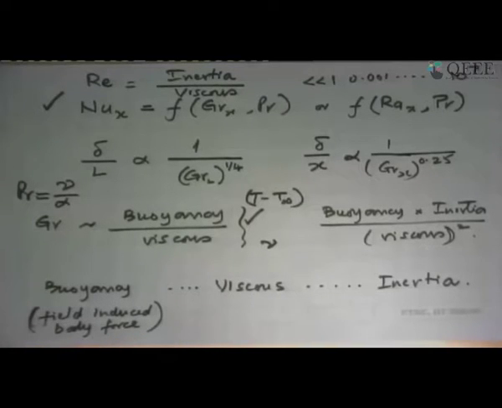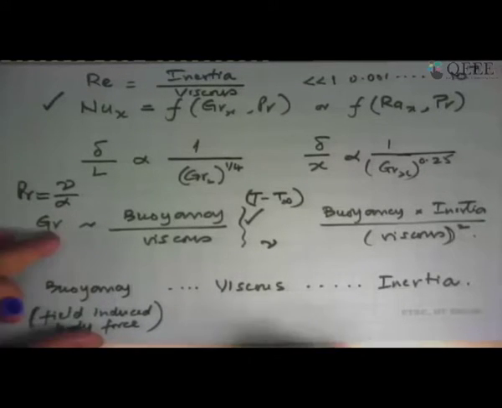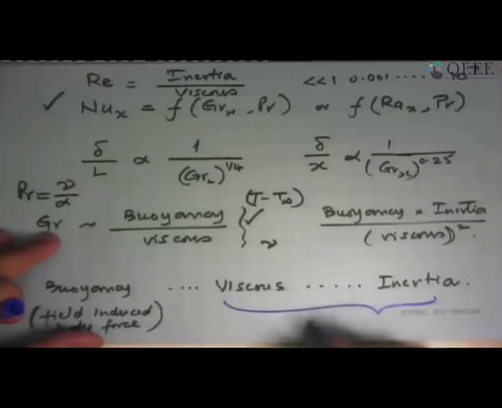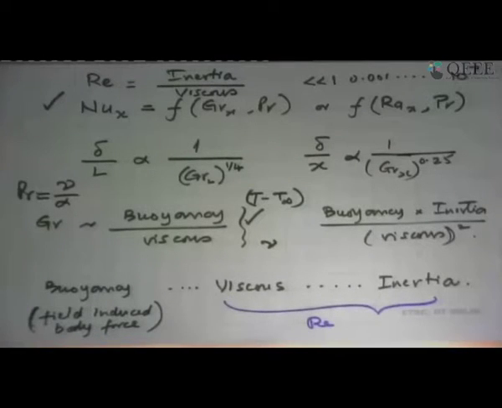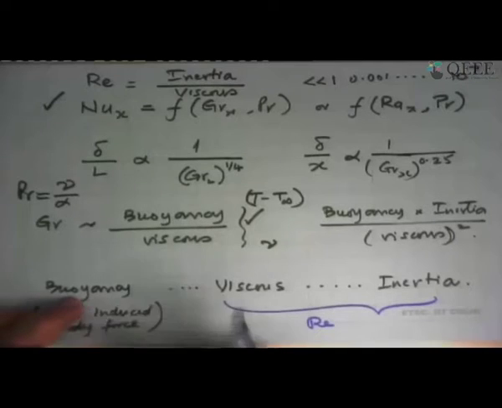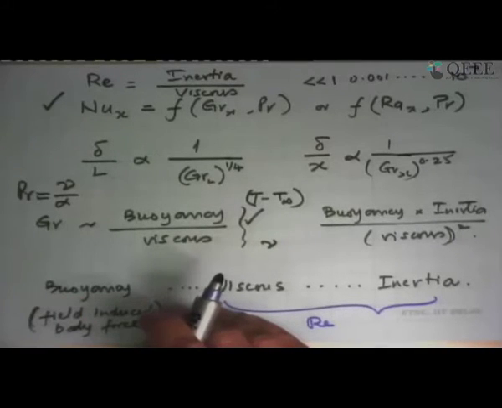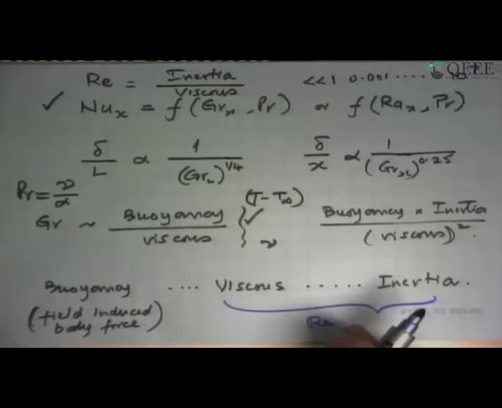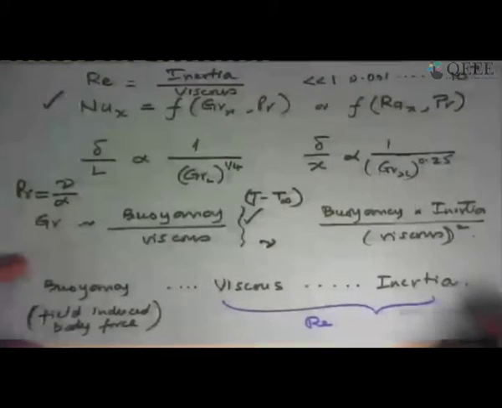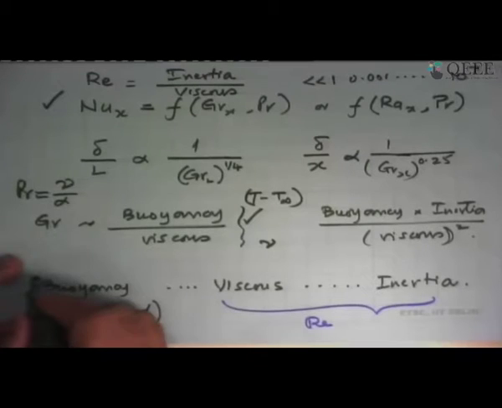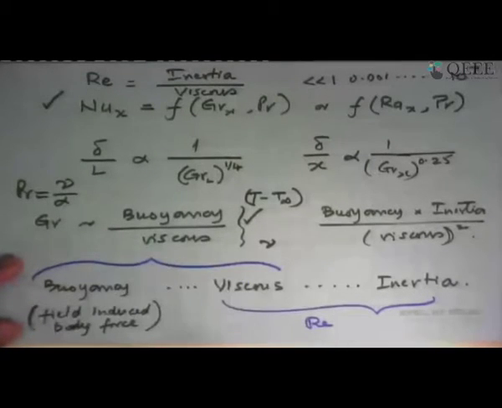What we did in the forced convection part was that we considered only these two, because we got Reynolds number in the problem, and we didn't even talk about buoyancy force. With the assumption I had mentioned, in that case the temperature gradient induced body force is so small that we neglected it. So we had only a Reynolds number dependence in the problem. Now that we are looking at natural convection, we are looking predominantly at these two, and so inertia is not that big a player.